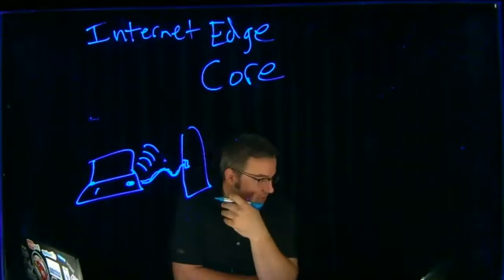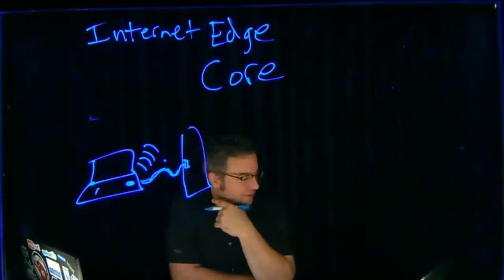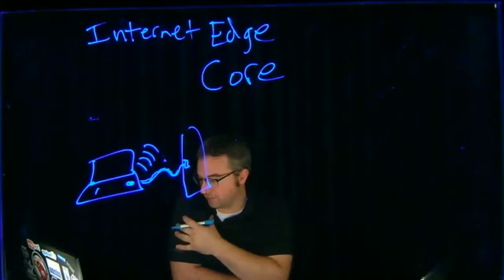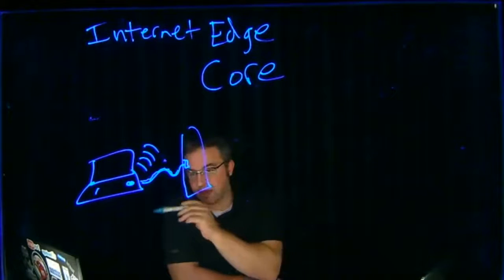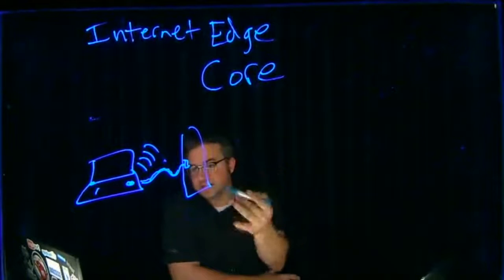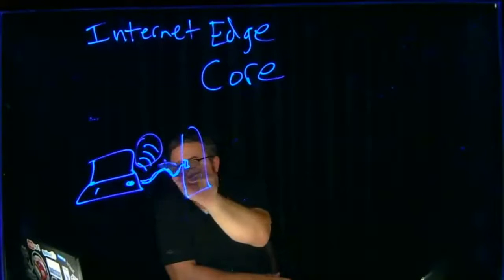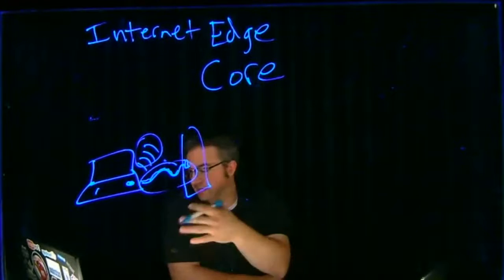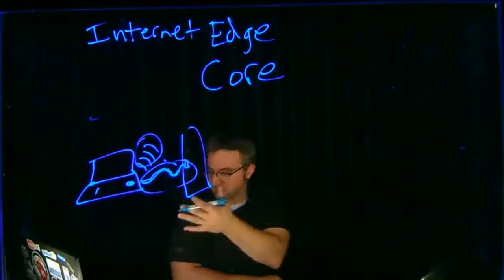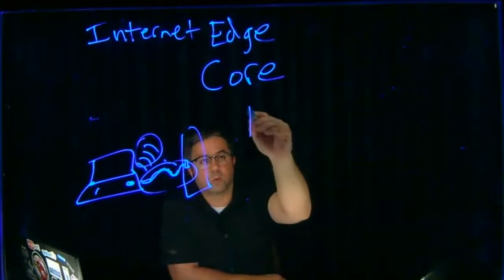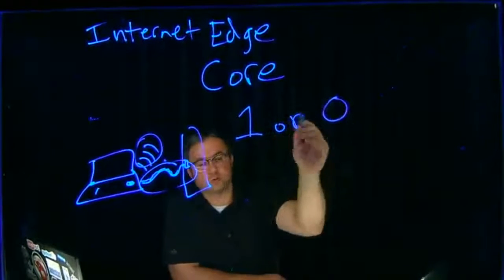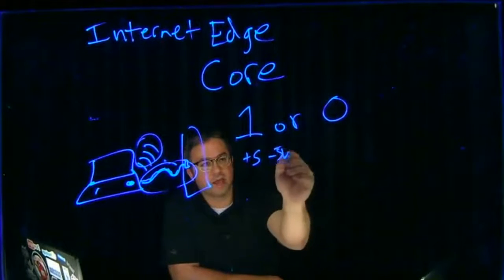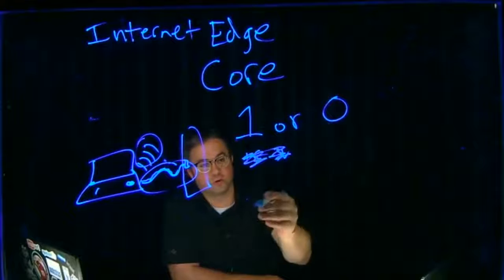Any thoughts? Bits? That's a good answer. Yeah, bits. I/O controller, good. Packets. I like what you're thinking. Addison was on the right track. Go lower. What is physically traveling over these mediums? It's just electricity, right? Electricity, atoms, bingo, ones and zeros, excellent. So literally it's a 1 or a 0. Now electricity doesn't have a 1 or a 0, so it's actually like plus 5 volts and minus 5 volts. You don't have to know that, but we translate it to 1 or 0.